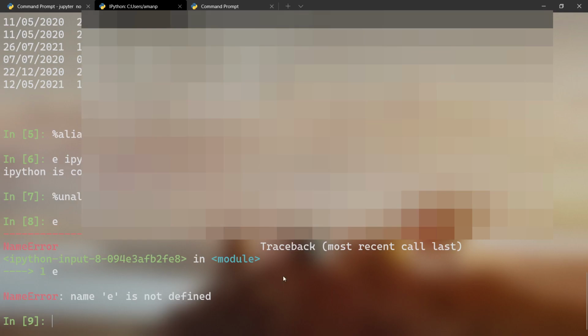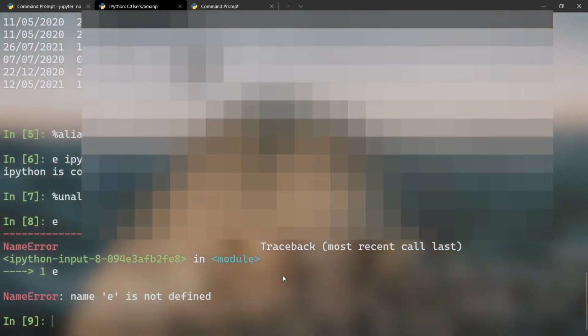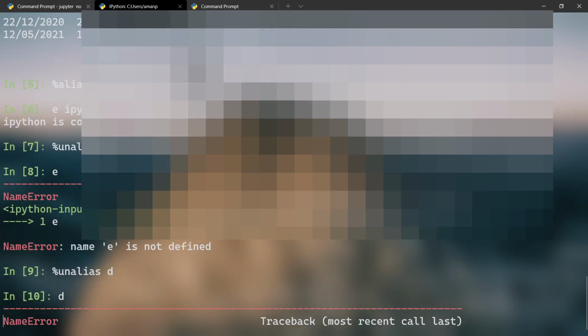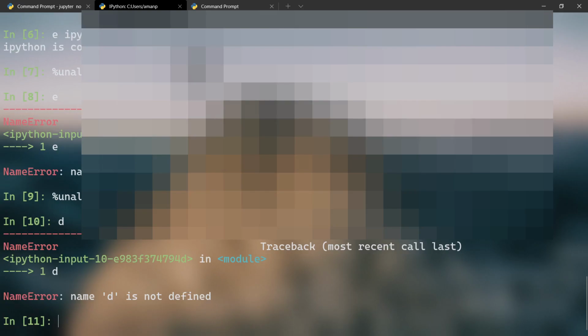We have also used variable d for system command dir. So let's also unalias it. So for that I just have to write unalias d, and then if I now print d, then we will get an error.